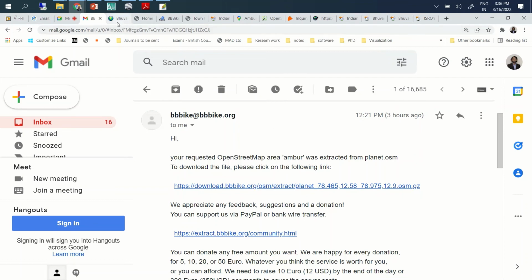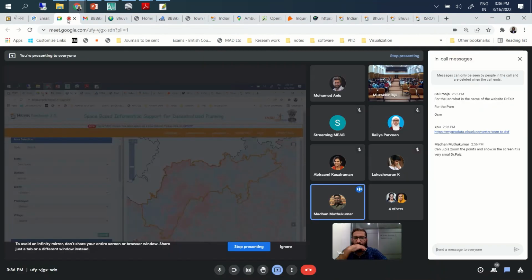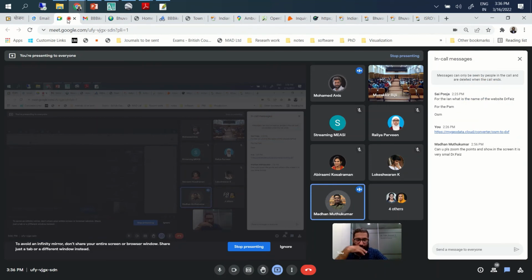So for the extraction that we are doing, what is the type of file we should go for? There is the ESRI file, there is the OSM file, wireframe. There are so many file typologies. In which file format should we extract it? DXF, because primarily we'll use AutoCAD for mapping. So my suggestion is we should download OSM data and then convert that into DXF. That is, we should download them as an OSM file. The extracting file format is OSM.